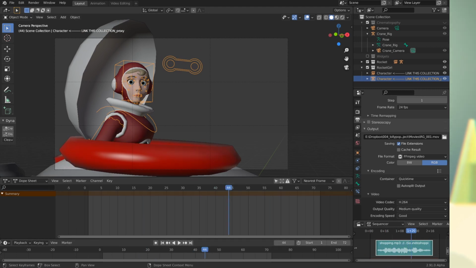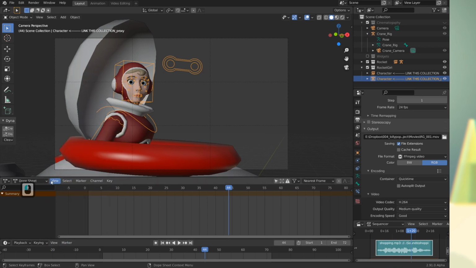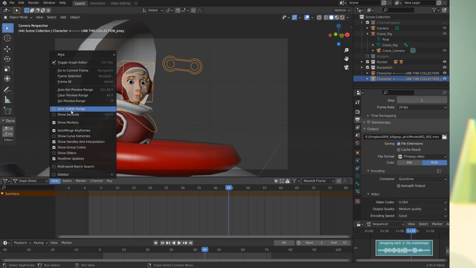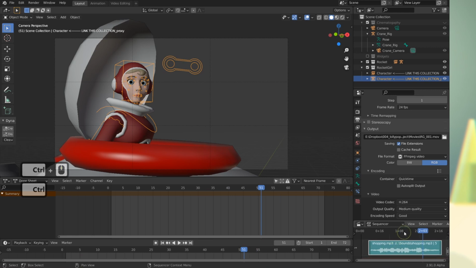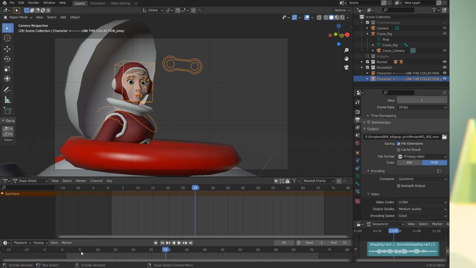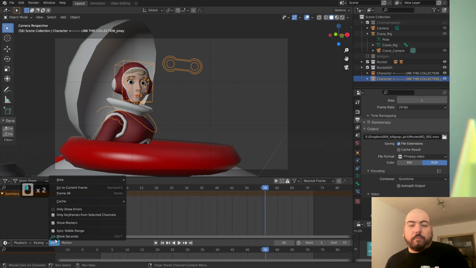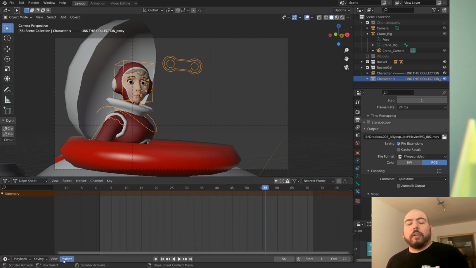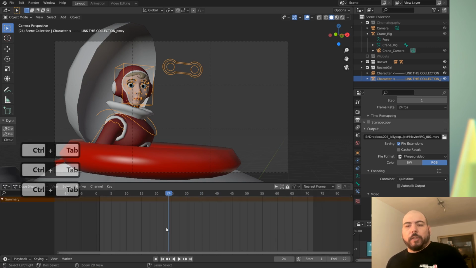Also you can make sure that you lock them all. You can sync visible range and sync it here as well. Where was it? Sync visible range. And so they move together. You probably don't want that with this one. You want to keep that one on its own, so you don't have to move it. Or you can sync it as well. So we got our timeline there. It's a little bit more comfy like this. Just hide the timeline because the only thing I really need from the timeline is the buttons, and I'll mostly work with the dope sheet and also with the graph editor, which I'll switch with Control Tab. And so you can just go.